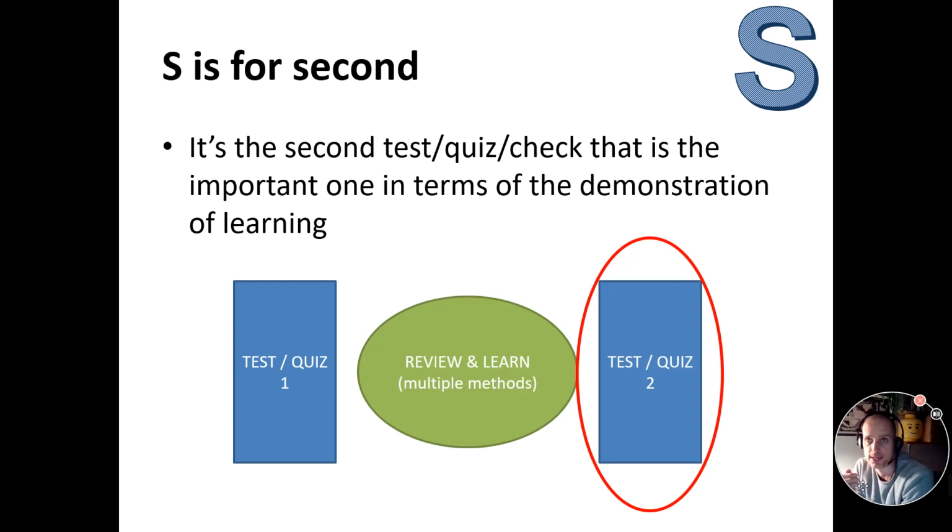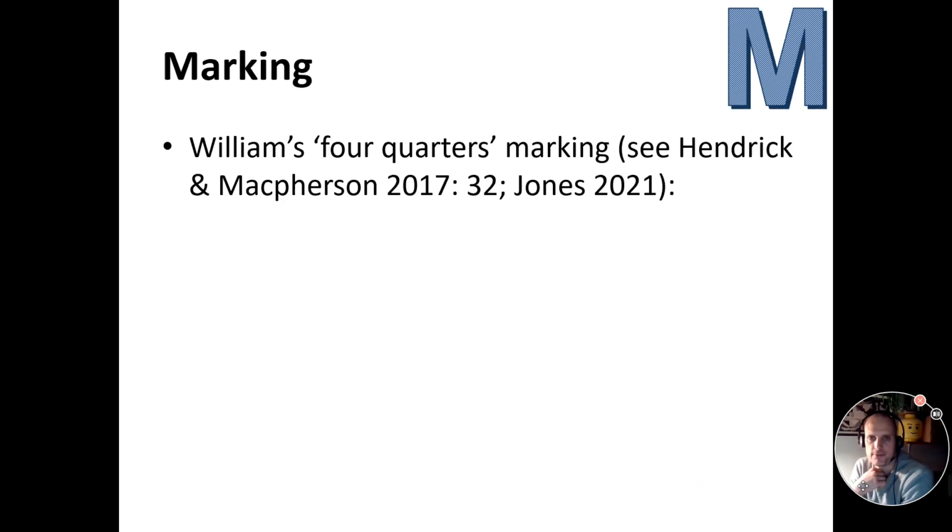So it might be going through that test. It might be modelling particular answers in that test, why things were right or wrong, and what misconceptions led to problems with that. And then you give them the same or a similar test, or a quiz covering similar ground. In doing so, you are absolutely solidifying and prioritizing that middle process of review and learning from the test. Therefore it's the second time that's far more important than just doing it once and saying goodbye, whatever the outcomes are.